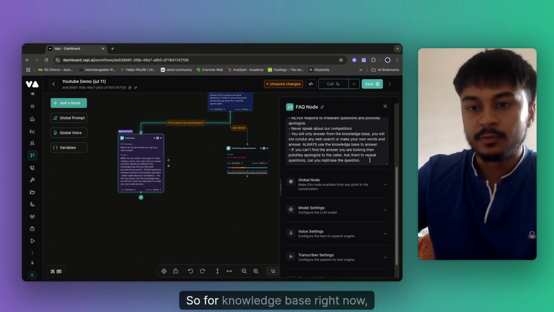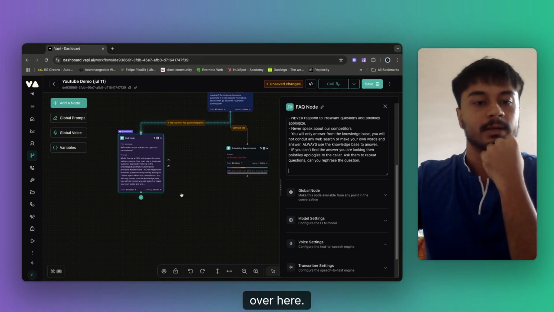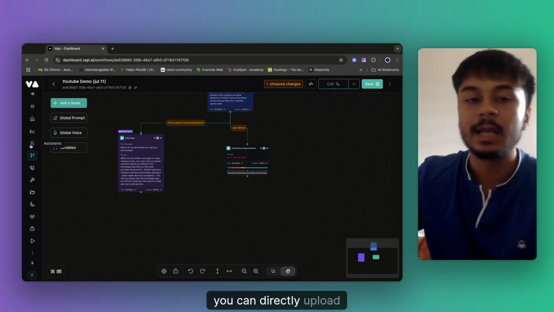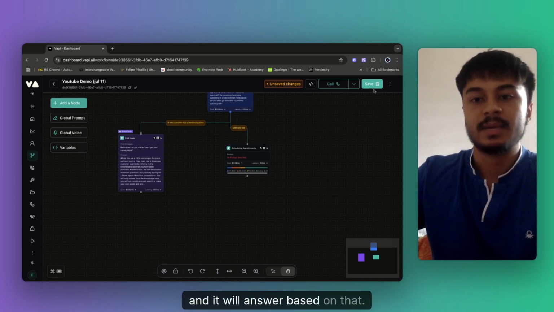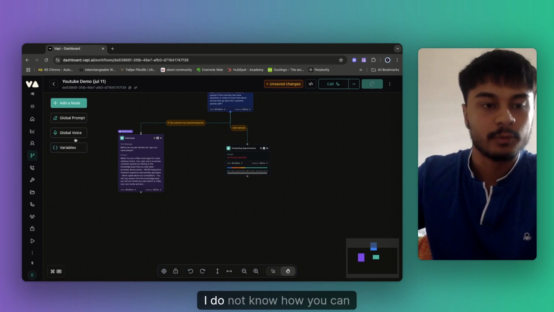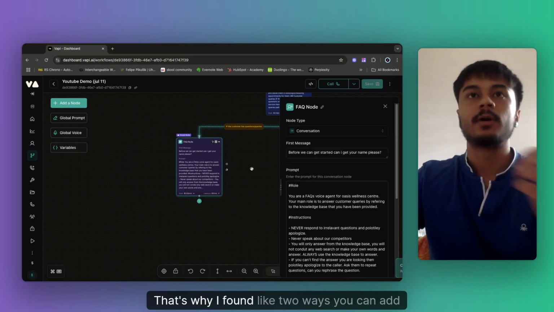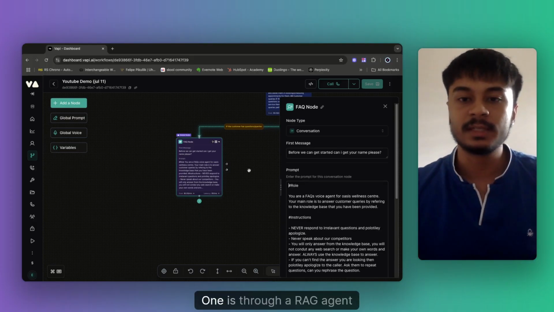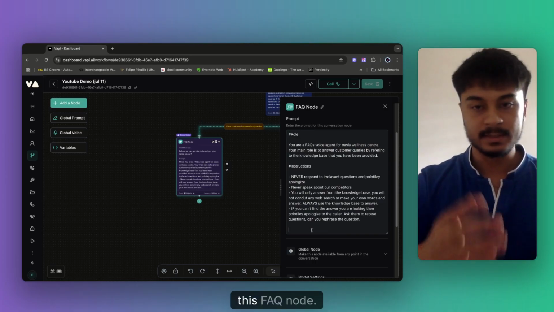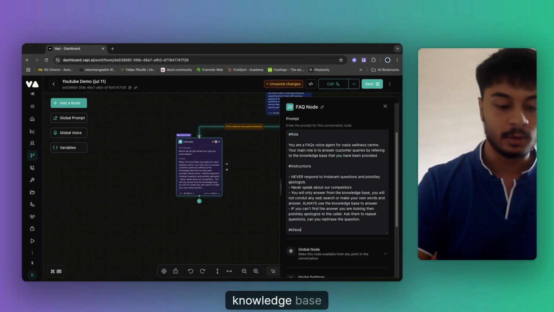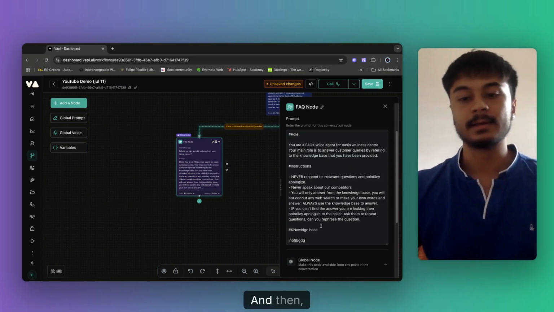So for the knowledge base right now, there are two ways you can do it. For this assistant over here, you can directly upload your PDF or your Google Docs file, and it will answer based on that. Now in these workflows, I do not know how you can add a knowledge base over here. That's why I found two ways: one is through a tag agent, or another one is writing the knowledge base in this FAQ node only. So you type in your entire knowledge base right here,